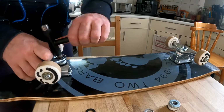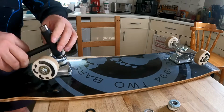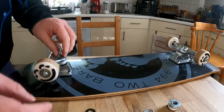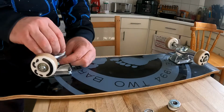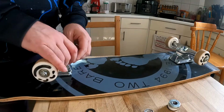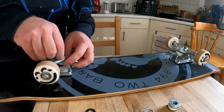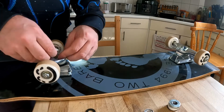All this just to have a slightly more rideable skateboard. Let's take the other one, pop it on top. Oh, is it still not down far enough? Oh yeah, there it is. It just keeps sliding down. Right, it's kind of...